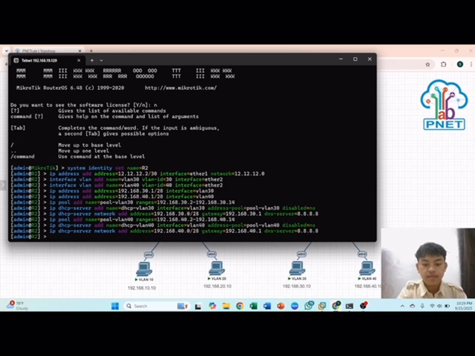And then you can add the IP route. The address is 0.0.0.0/0, and the gateway is 12.12.12.1.